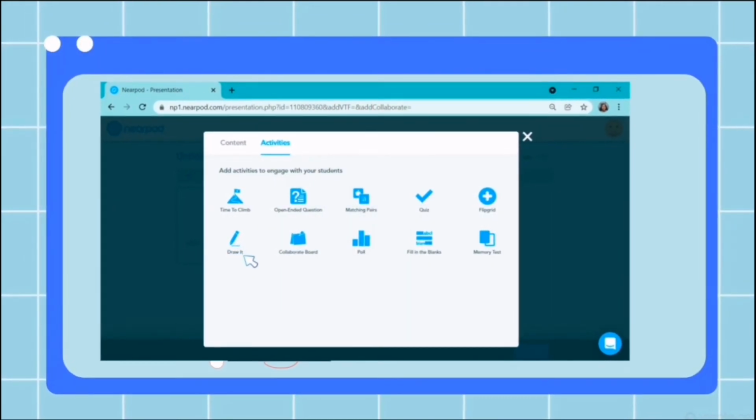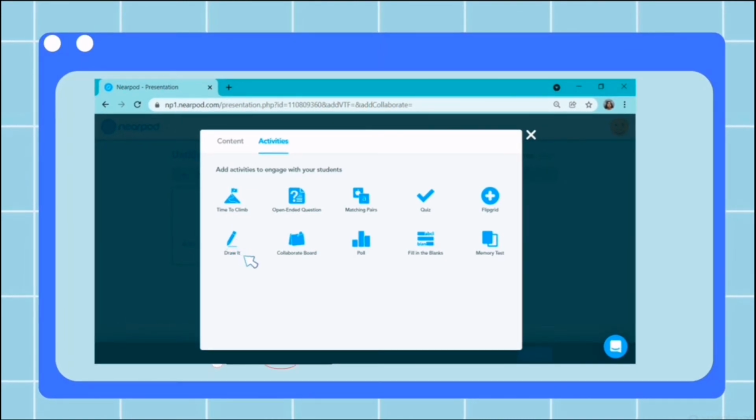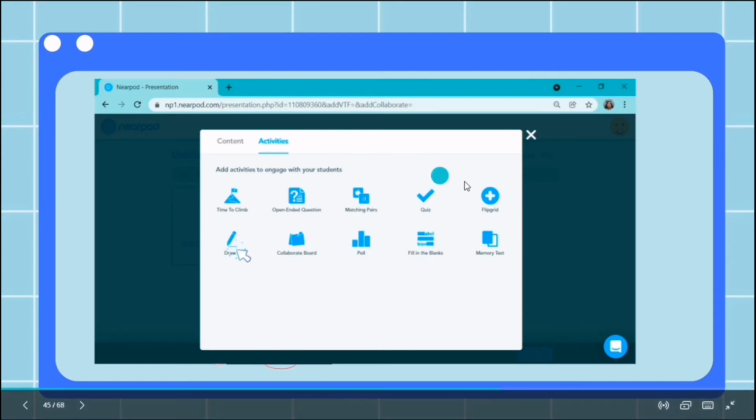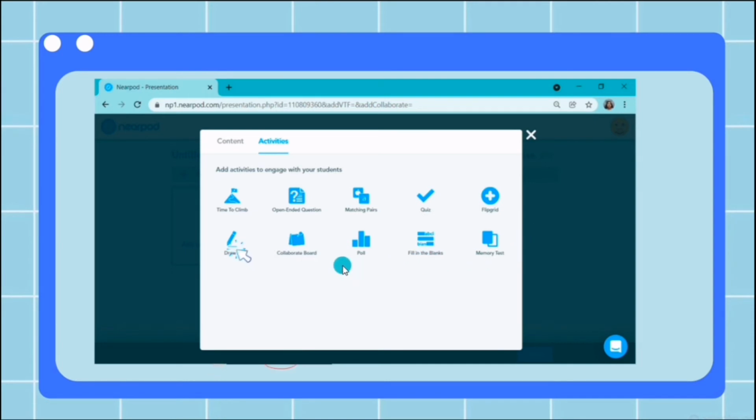Aside from that, we have the Draw It. It is a slide where you will assign instructions for the students to draw out something such as an image or presentation of your topic. You can also add a timer to this activity. Anyway, fellow teachers, there are timers there. You can also add timers to these contents so that you can reach out and give the amount of time you want to allot for them. Aside from that,